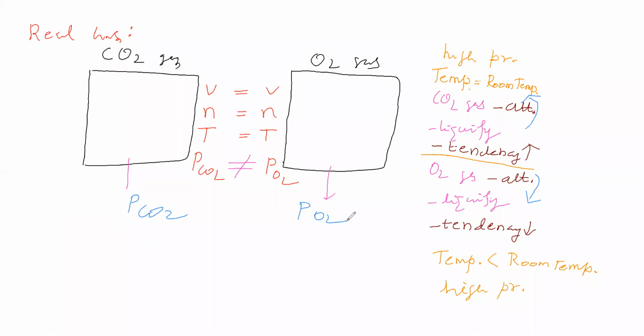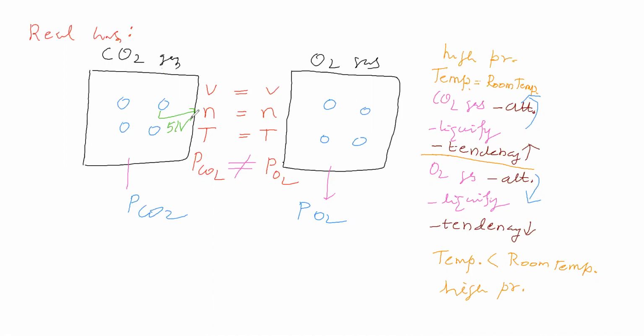Now we will take molecules. We will consider carbon dioxide molecules like this. Here also we will consider oxygen molecules. The molecules are making collision on the wall of the vessel. Therefore, it is exerting pressure. Suppose it is making collision on the wall of the vessel with 5 Newton force.